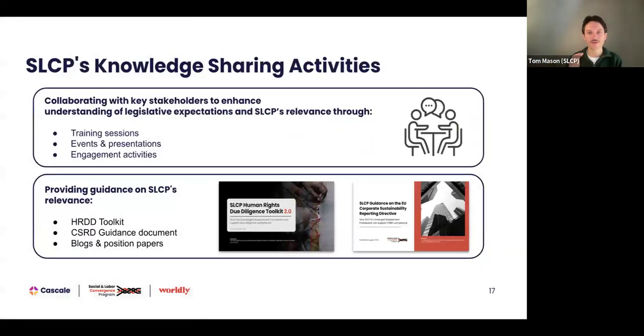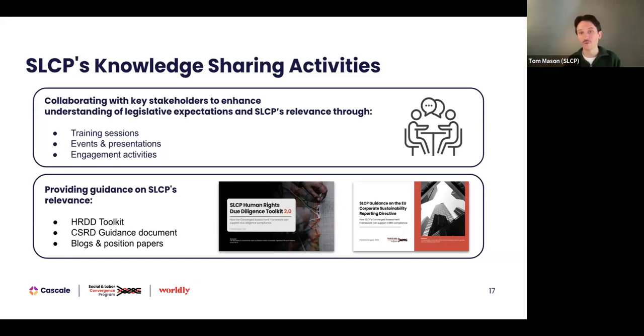So jumping to the next slide, as I've previously mentioned, part of our approach to legislation is knowledge sharing activities. What we want to do here is make sure that all of this information that's coming from policymakers in Brussels or Washington, it's all legalese. It's all written in the context of a legal form as legislation. So what we need to do is make sure that that information can be translated into practical information so that you understand what it actually means and how we can incorporate it into our daily practices.